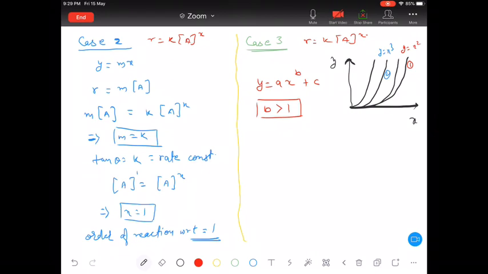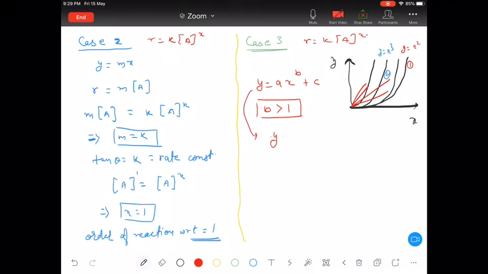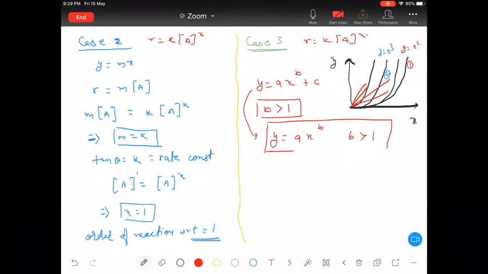Okay, if b is equal to 1, then one straight line I'm going to obtain in this manner, or this. If b is equal to 1, then such kind of curves we are going to obtain. Otherwise if b is greater than 1, then either you write it in this manner, or if they are passing through the origin, I can simply write a x to the power b, where b is greater than 1. Any confusion, any doubt in this particular part, just let me know. Can I write in this manner for such kind of increasing curves?